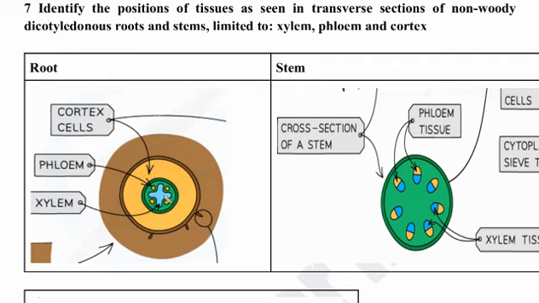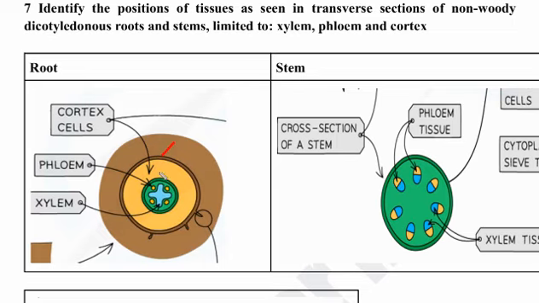This is the root structure, the root vascular bundle, in which the vascular bundle consists of two types. One is called xylem and one is called phloem. And we have discussed that xylem helps in the transport of water and phloem helps in the transport of food. This outer layer is called the epidermis. Below the epidermis is the cortex, and above the epidermis are the root hairs. In case of root there are root hairs, and in case of stem there are no root hairs. So root hairs are only present in the root structure.